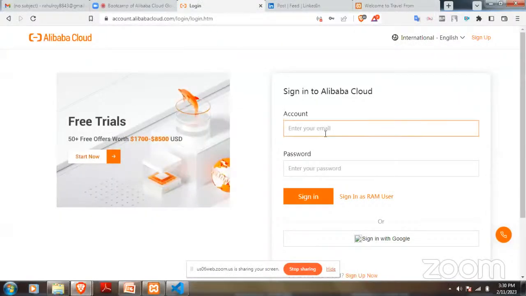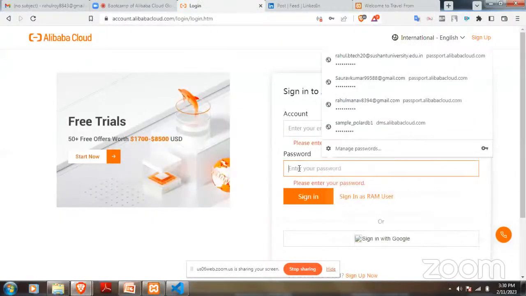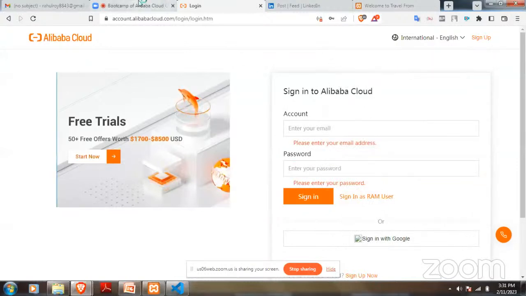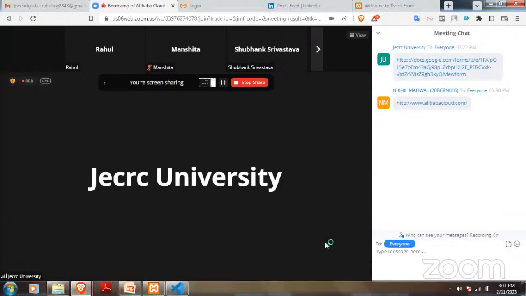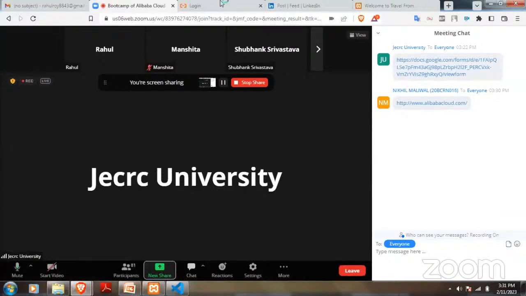Let me share my screen. I'll see what we need here. So as you can see, your account email and your password, so that I can log in from here and quickly show you how you have to proceed further. Since the session is already recording, you can take reference from it later, right? So any students who have their account on Alibaba can share their details, and later on they'll be changing their passwords. Okay.